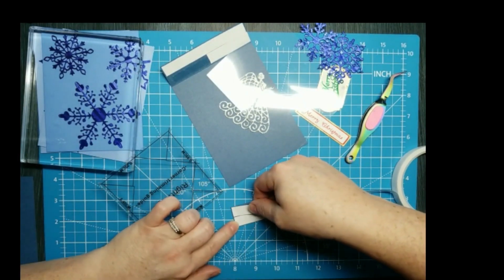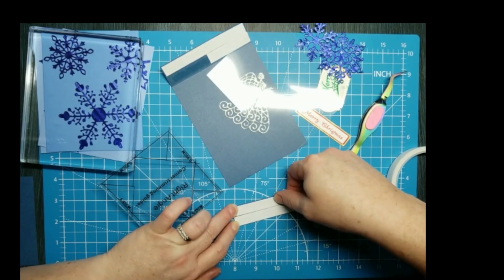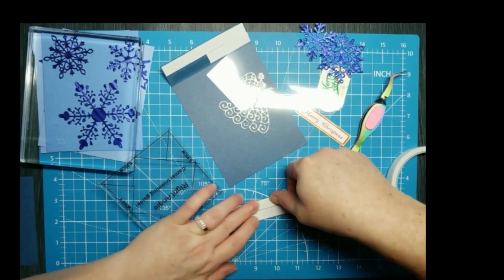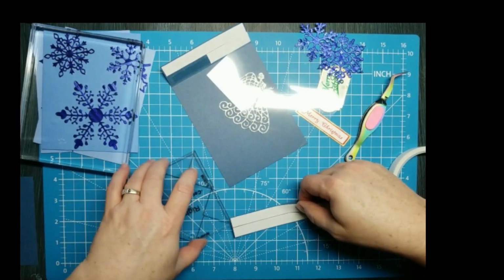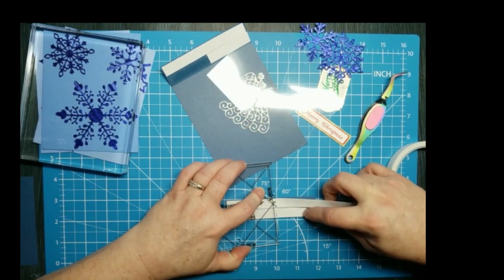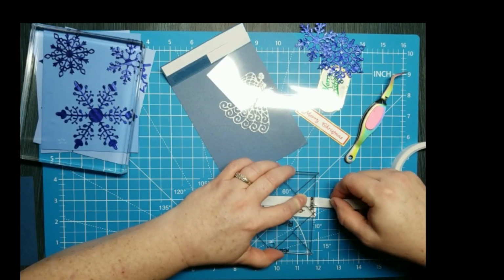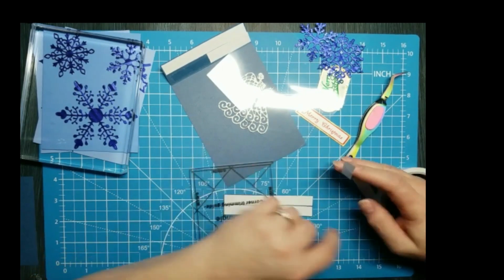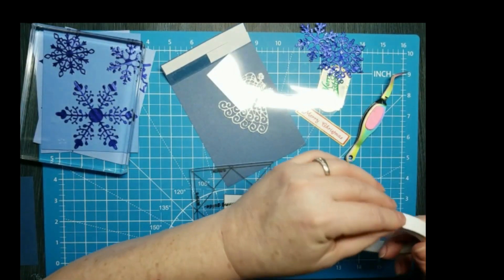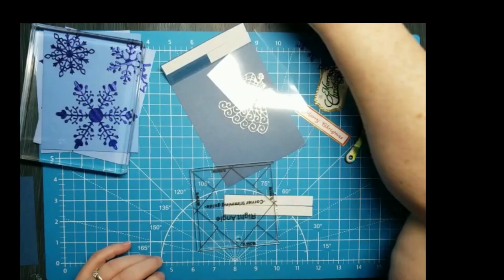More. Now I could have used glue, and maybe I'll put a little glue on top of the tape, just because it does help the piece still be able to slide around a little bit in case you didn't line it up properly. But glue also takes longer to dry on the acetate or any non-porous surface. So